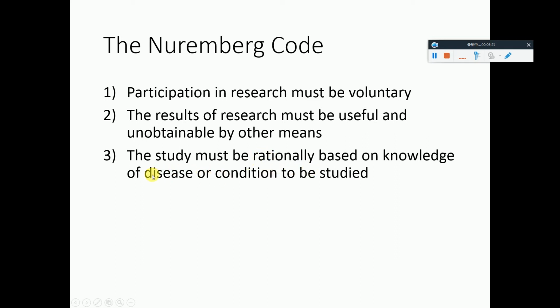But anyway, you can sort of supplement or replace disease or conditions with words such as puzzles or important phenomena or other unresolved issues, right? So that means you cannot just randomly study anything that suddenly comes to your mind. The topic of research must be well founded based on either previous findings or previous theories, and you must make a logical argument or connection between your proposal and the knowledge that has been accumulated so far. You can't just study random stuff because it will be a waste of human subjects, and that would be